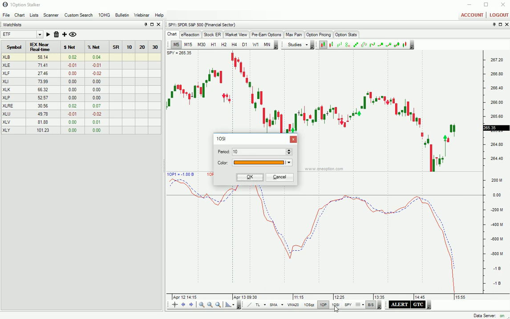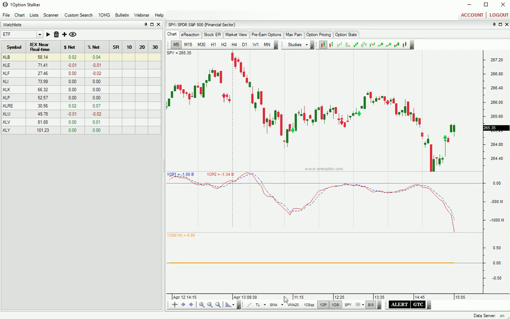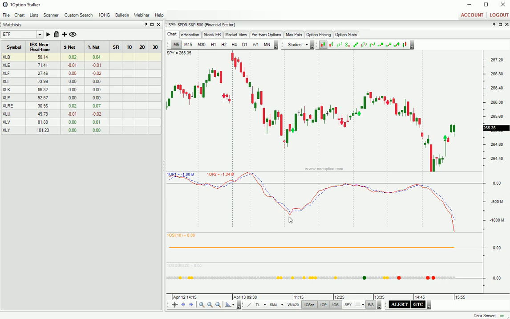And then I'm going to add 10SI. That is our relative strength indicator. And finally, I'm going to add 10 squeeze, and that tells us if the stock is in a compression. I'm also going to add some major moving averages, and we're ready to go. So now I'm going to click on Custom Search,